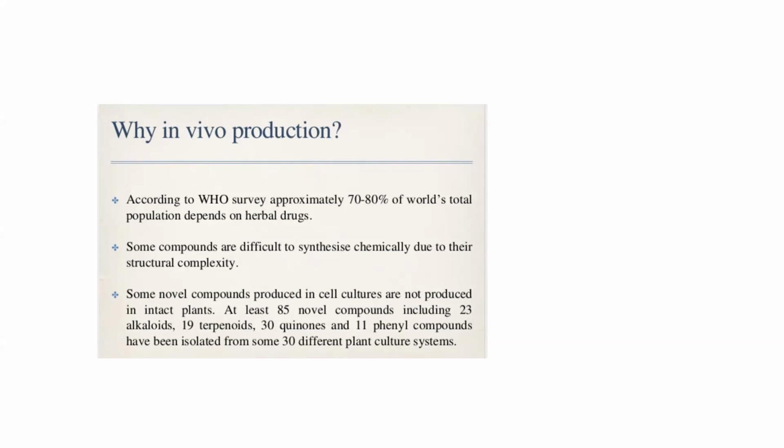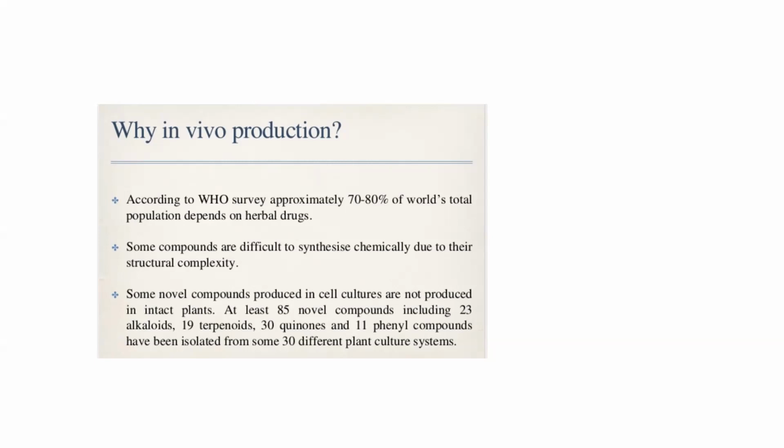go in for other options, like production of these drugs using cells and tissues rather than using the whole plant to extract the drug and to purify the drug. In that case, you are also spoiling the environment. If you need 1 kilo of plant to extract 1 milligram of the drug, it is definitely environmentally costly. It is not good. So instead of uprooting the whole plant or using the whole plant for drug extraction, you can maintain the tissues in the same age or in the same form.